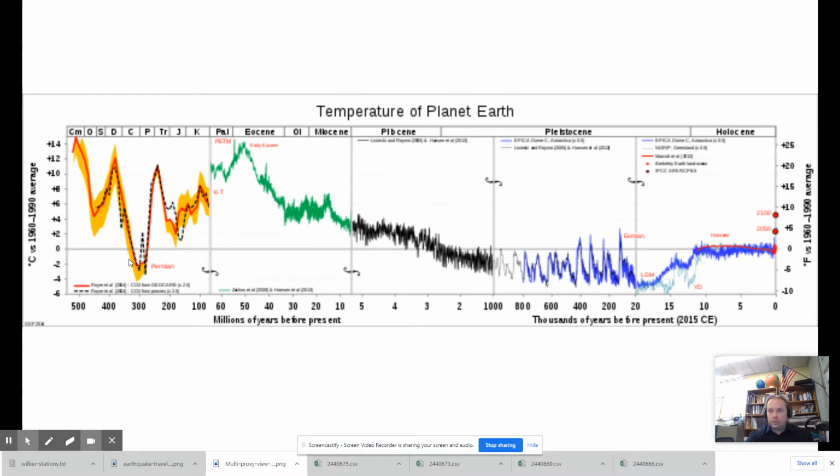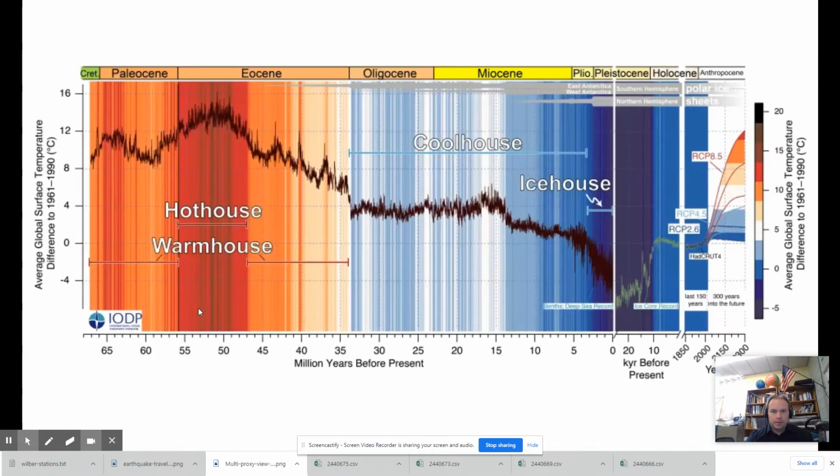Things being warmer than they should be to some extent would not be unexpected, but you wouldn't expect it to rise quite this fast. And so this is the projected warming at 2100. The thing that I want to point out here, if we look at just the Cenozoic era from the beginning of the Paleogene, the end of the Cretaceous, this is where the asteroid hits,